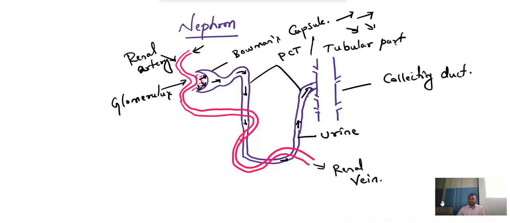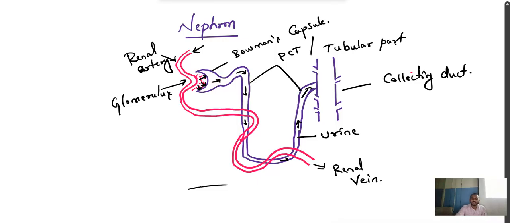So this is the simple diagram of the nephron. That's more than enough, if you draw this much at least. Clear? The diagram of the nephron. Is this clear? Good. Now, the last diagram of this academic year,